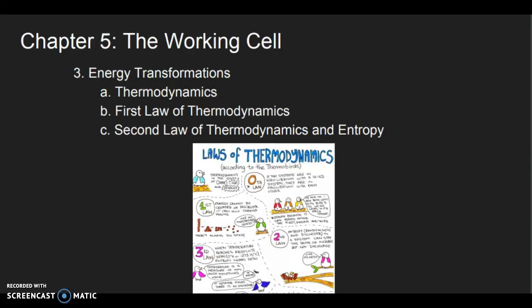Now, the second law of thermodynamics deals more with entropy, which is a degree of randomness. So typically the way you would hear this phrased is that the entropy of the universe will continually be increasing regardless of what chemical reaction goes on. So a chemical reaction can go on as long as the entropy of the universe itself is increasing.